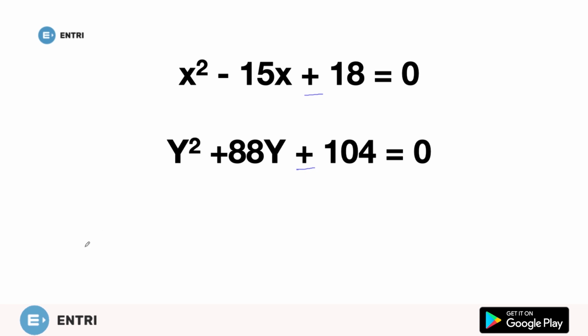So for these types of questions, first have a look. If both the constants are positive and any one of these signs is negative, as you can see here, for the x we have the negative sign. For this situation, please remember the sign which is with the x and it is negative. That means the negative x would be greater than y. So here x is going to be greater than y.